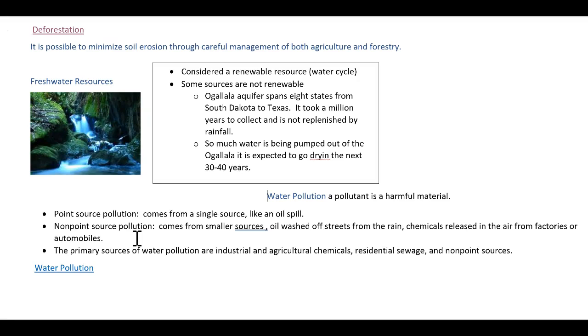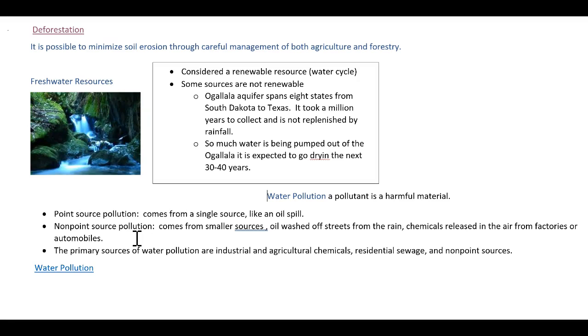So when we consider, well, what's the primary source of water pollution? Most of it is industrial, making all of those wonderful products that you enjoy, maybe the chair that you're sitting in as you're watching this on your computer, making your computer, a television set, the way that you heat your home. All of those come from industrial. Agricultural chemicals, the fertilizers that we use in order to make our crops grow more productively, the pesticides that we use to stop nuisance pests from damaging those crops.